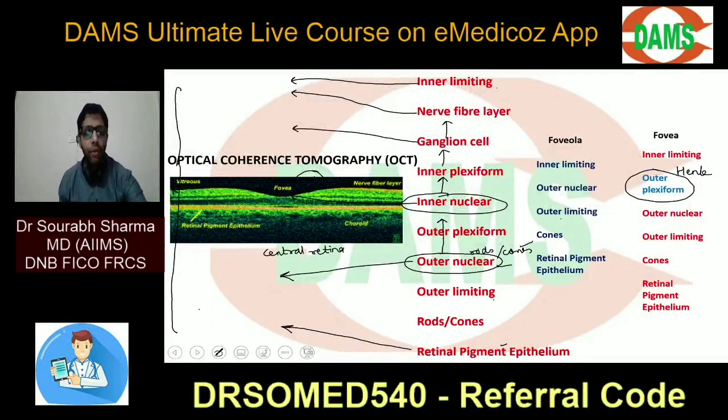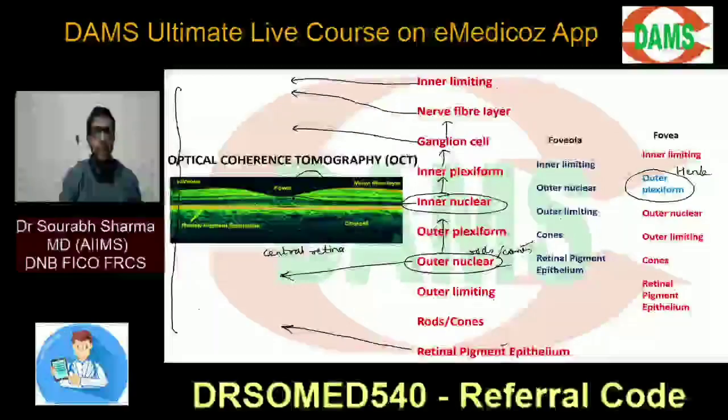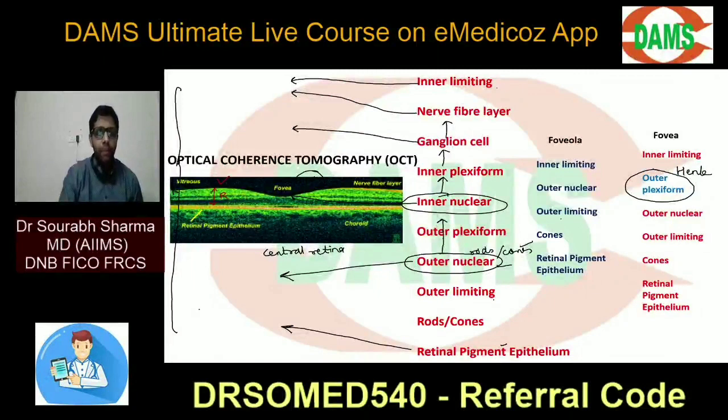In this, if you can appreciate now, this is the vitreous. These are the 10 layers of the retina. The last red line is the RPE, the last layer of the retina, then choroid, then sclera. So here in the macula, all the 10 layers of the retina are there. Why is there a dip? Because the fovea contains 5, the foveola contains 6, and the rest of the retina contains 10. That is why there is a dip, a curvature like this in the central retina, because of the smaller number of layers in the fovea and foveola.